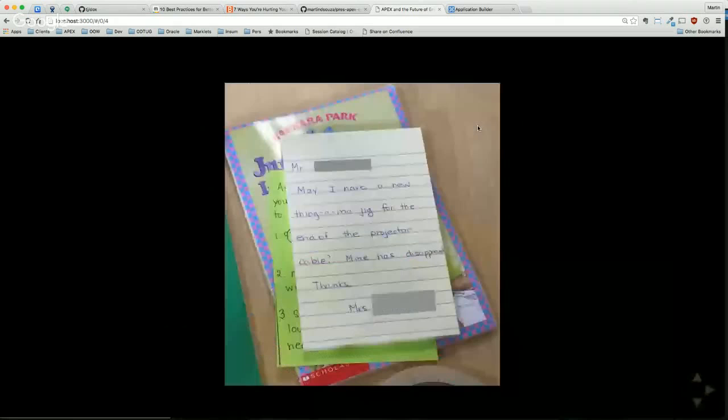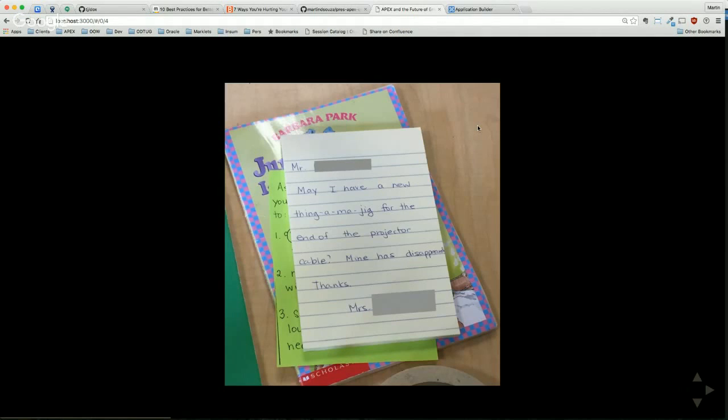And can you guys read this note? I might have to read it for you because, my sister, this is where I think Apex really excels. My sister sent this from her daughter's, my niece's, grade 3 class, where the grade 3 teacher was writing to the IT person. I'm going to read this for those that can't see in the back. It says,